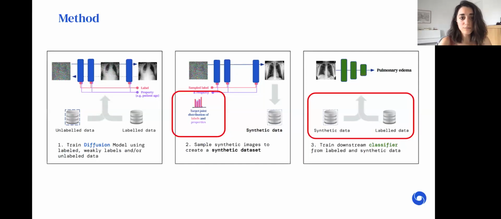Sampling multiple times from the generative model allows us to obtain different augmentations for a given condition and property, and increase the diversity of training samples for the downstream classifier. Then the second challenge that we have is how to combine the synthetic data and the labeled data from the source domain. This is something that we treat as a hyperparameter that changes across the domains that we explore.